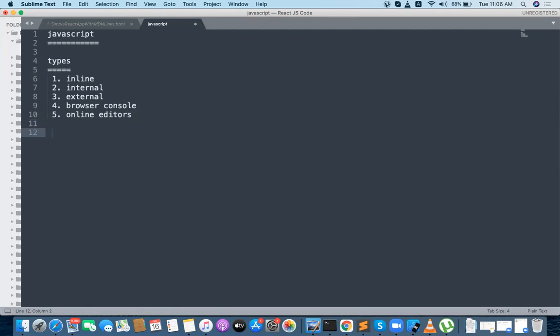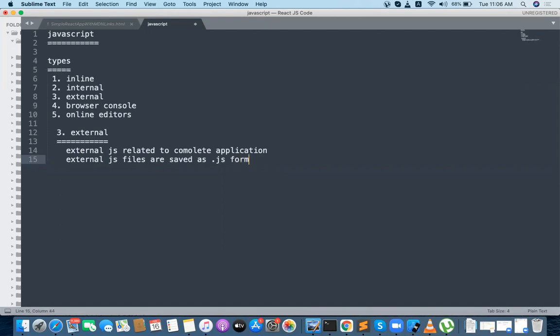We already finished how to work with inline and internal, and today we are discussing external JavaScript, how to provide external JavaScript. External JS files are saved in .js format.